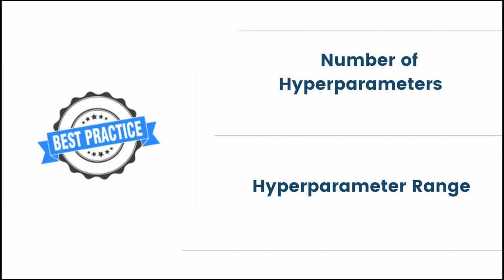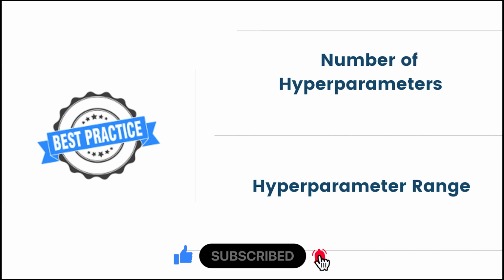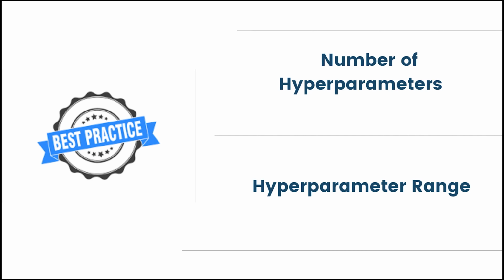Next comes hyperparameter ranges. Again, specifying large ranges is tempting as we want to cover as much ground as possible, but keeping ranges short proves to give the best results. This might require a little bit of domain analysis before you decide which ranges to search over for hyperparameter tuning.